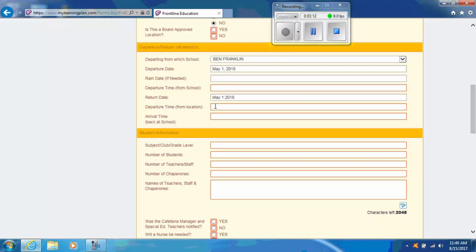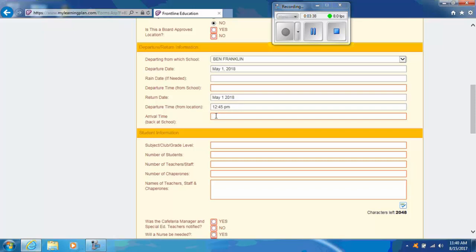And then we get to departure time from location. Please note that this time is the time that you want to leave your field trip location. So this is the time after you load. If you want to leave at 12:45 p.m., then you would expect to be at the bus loading by 12:30.